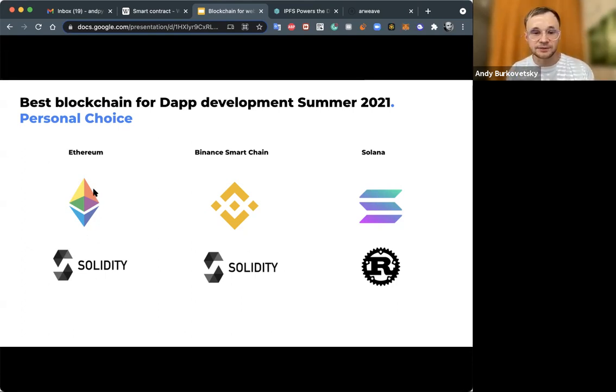Its main language is Solidity. And next, I would say, Binance Smart Chain is actually really popular this year as well. It was released last year. It also uses Solidity because it's actually a fork of Ethereum. They're trying to make it much faster and much cheaper because Ethereum is quite a slow and expensive network. For example, one transaction may cost you $3, $5, $10, or even $20. This summer, the maximum peak I met was $20 for a single transaction.